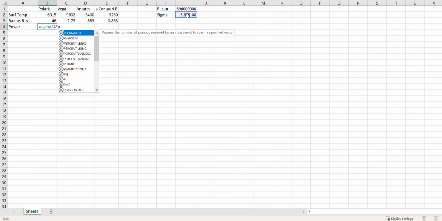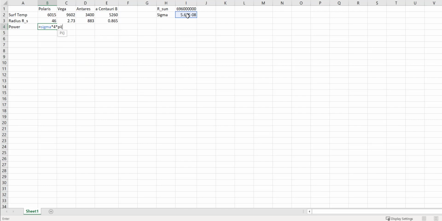I think you need the parentheses for pi because it's a function in Excel. So sigma times 4 pi times the radius squared, and the radius squared is equal to